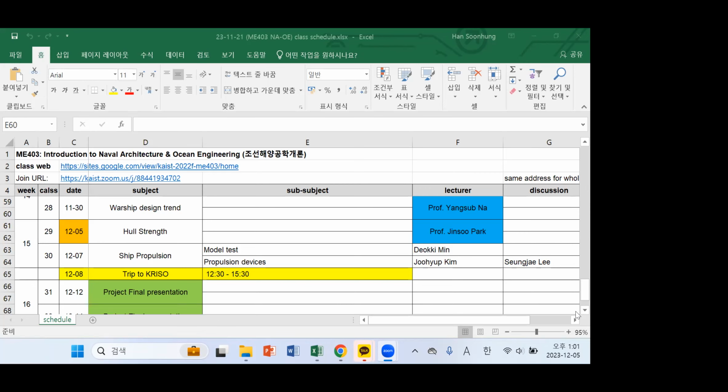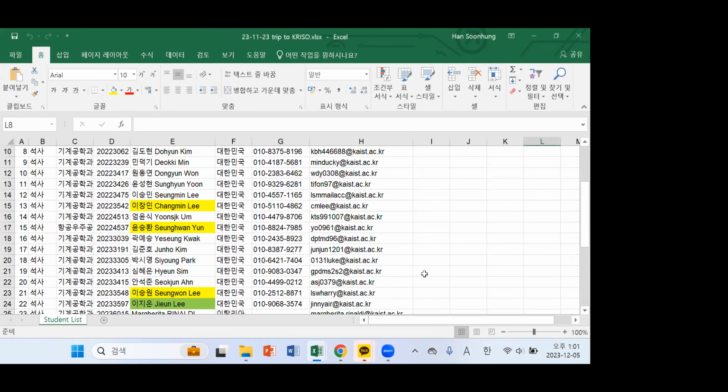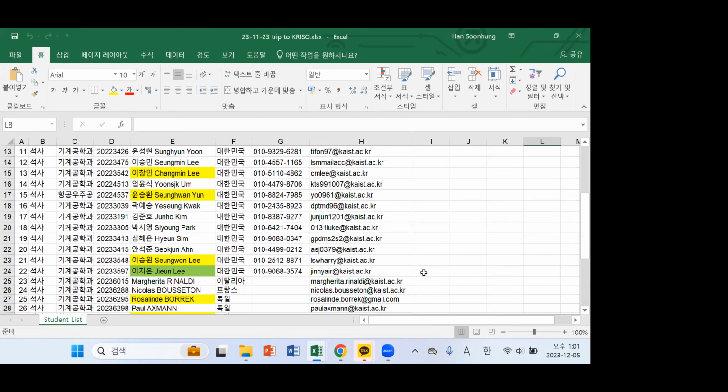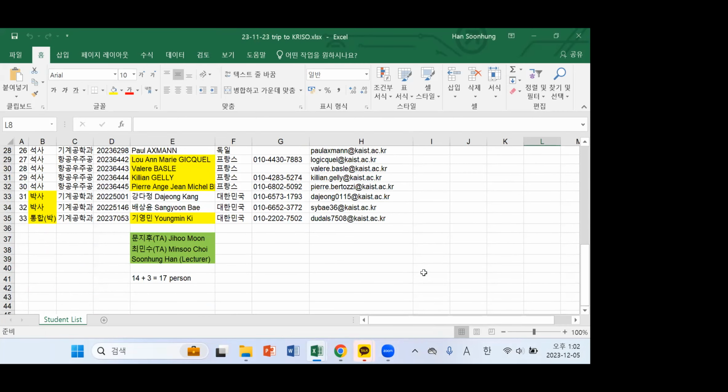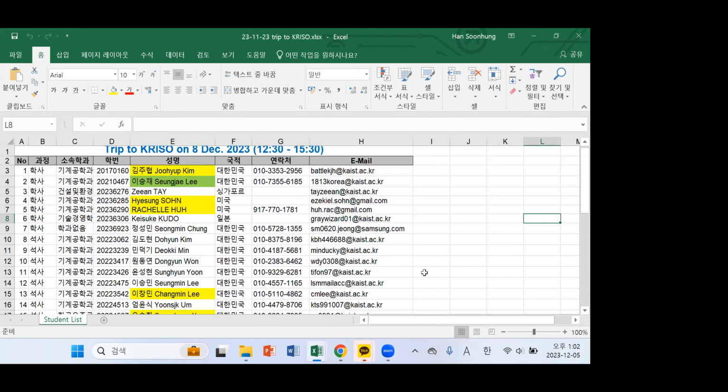And then Friday, we'll have a trip to Creosote between 12:30 to 15:30. I have a list of participants like this one. We have 14 students and 3 of us TAs, and there are 5 cars available.